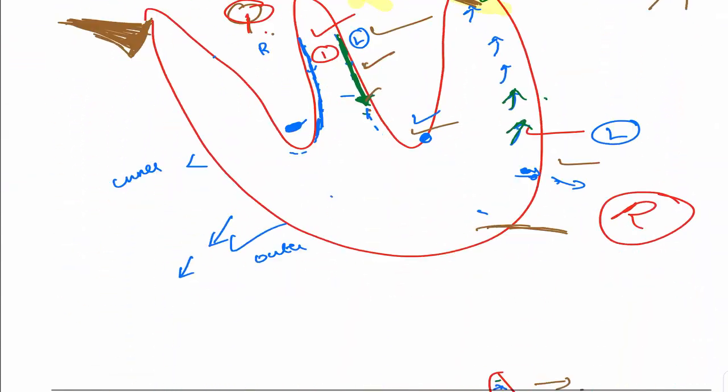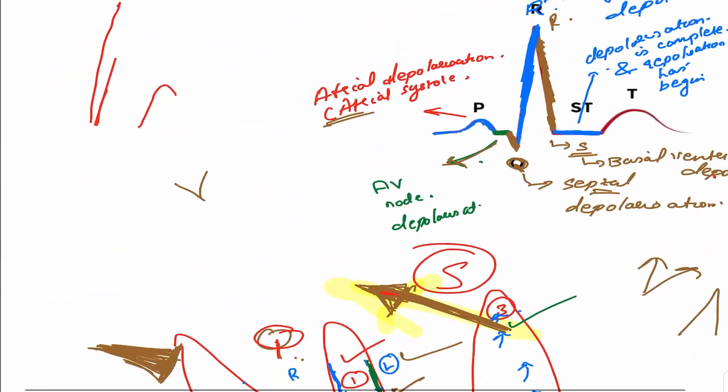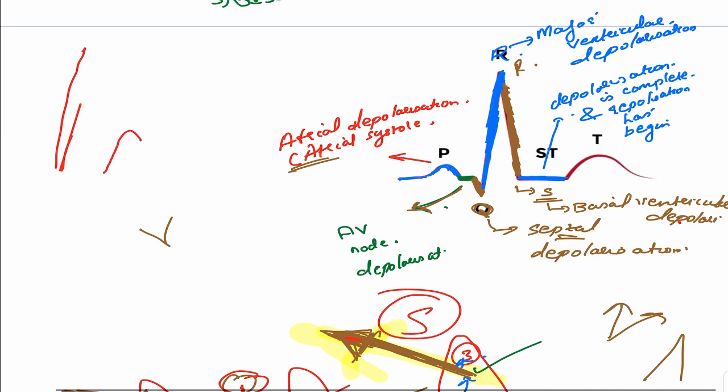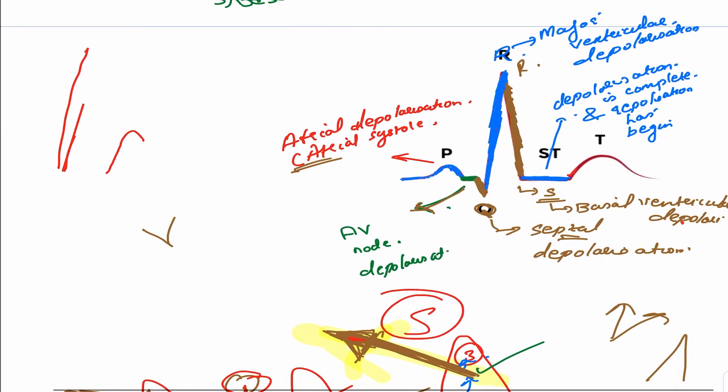But repolarization is a slow process, so the deflection will not be a very quick deflection, it will be a slow deflection, which is the last portion, which is the T wave. So T is nothing but ventricular repolarization. Still it's in the systole only, okay? Don't think that repolarization means diastole. No, repolarization is the spread of influxes coming back. So that's repolarization. T wave is basically a ventricular repolarization. Very, very important.